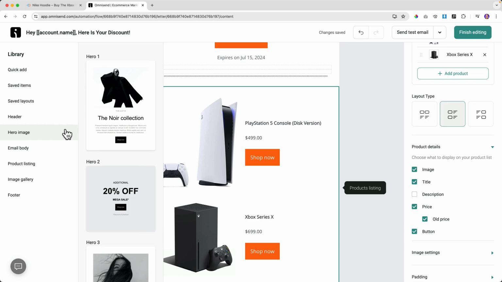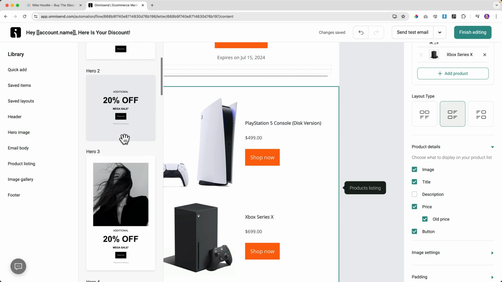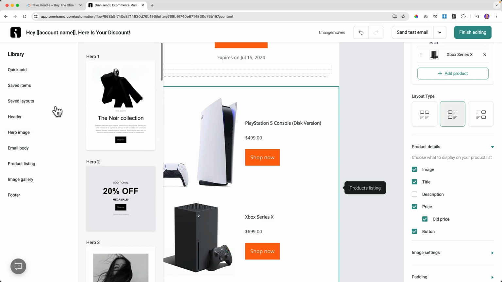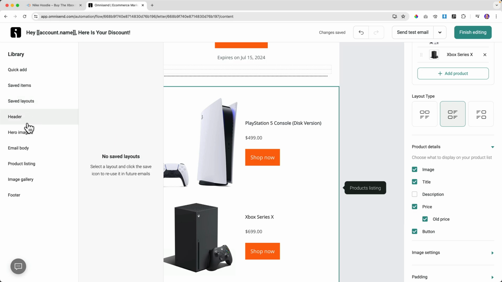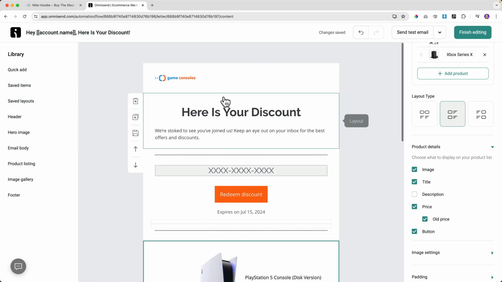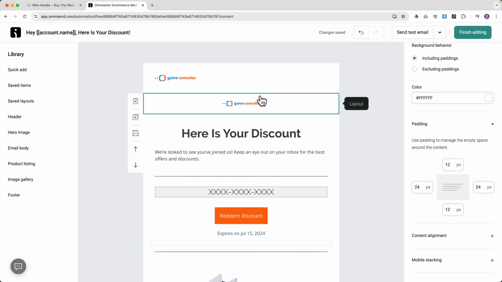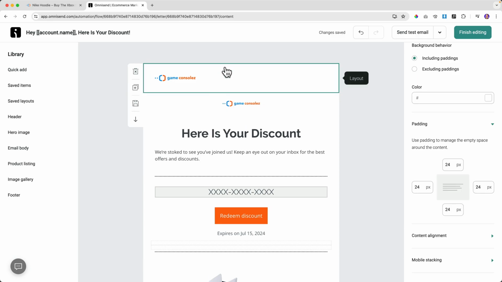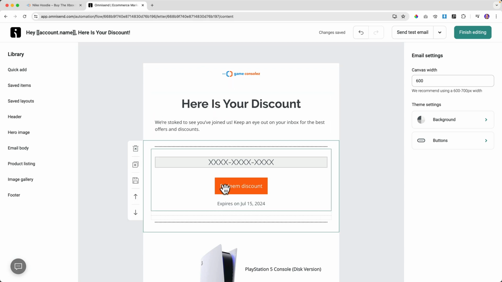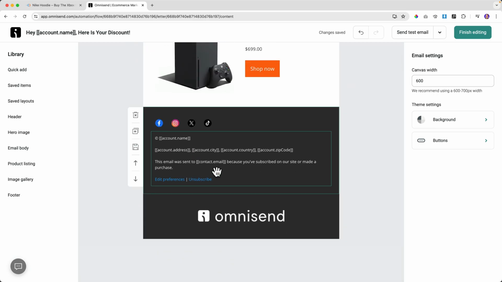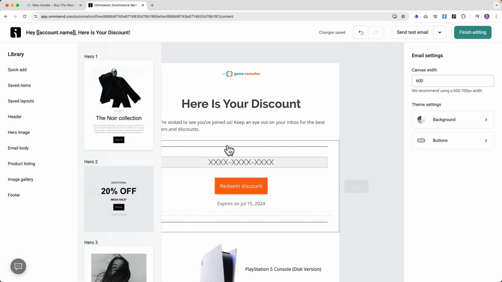You can have an image. You can even make use of a template like this. You can save things. There's a header that you can place over here. So just a matter of dragging and dropping. I can bring it to the center, or I can remove it by clicking here. So there's so much that you can do to make it look the way you want it to look.